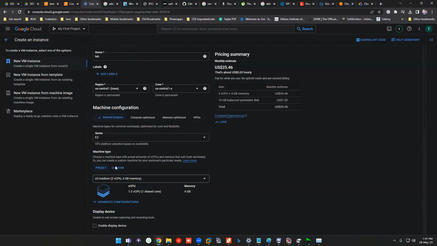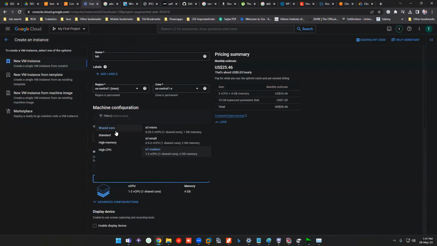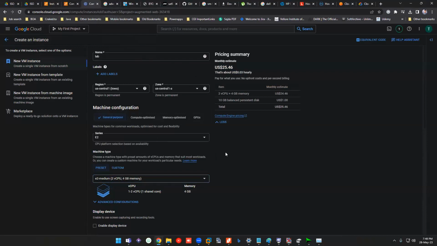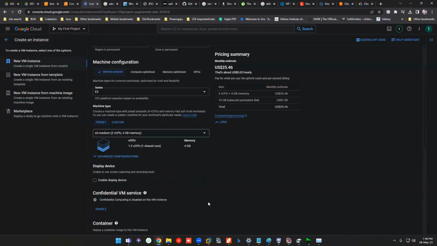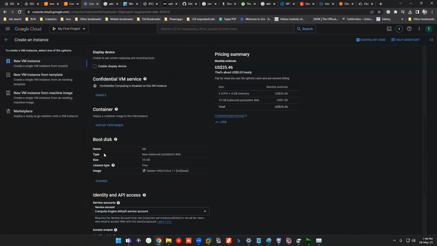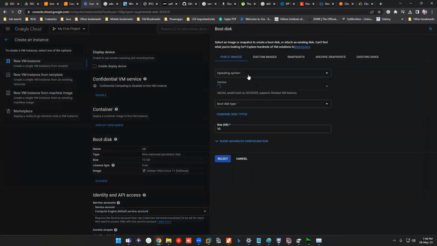Okay, so yeah, you have much more infra over here, simply since they are giving $300, right? So you can use much more, like 2 CPUs and 4 gigs of memory, which we didn't even select in our local machine. So you can use that. And scrolling to this one, the boot disk, right? Here the ISO selection is called boot disk, and click on change. By default, it will be a Debian operating system. So you need to change that to the Red Hat one.